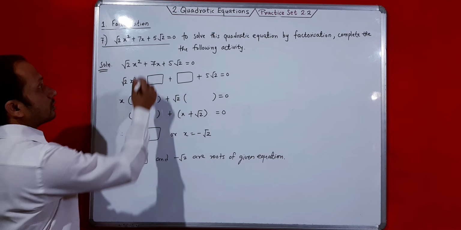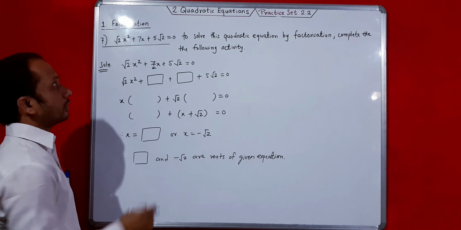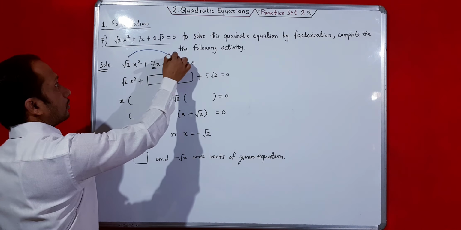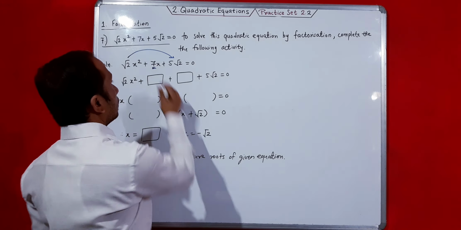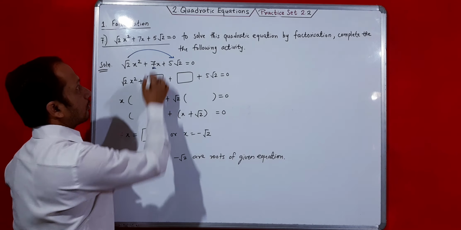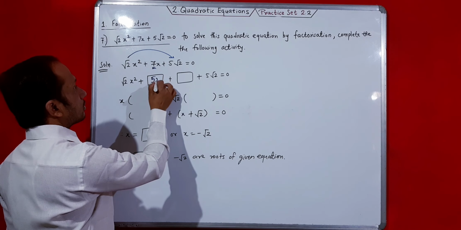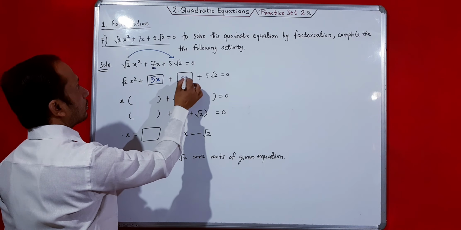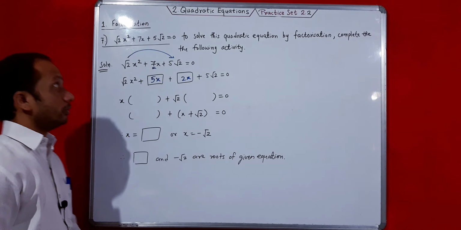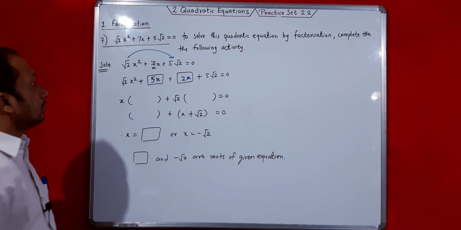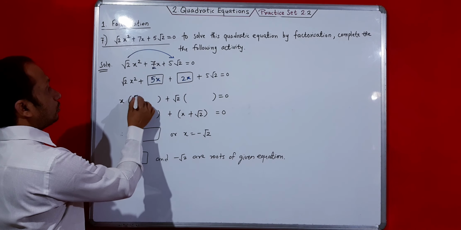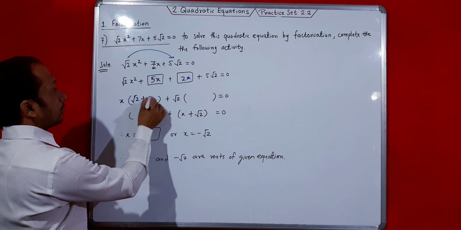So you have to factorize this in such a way that this number is multiplied by this number. So root 2 into root 2 is 2, into 5 it is 10. So the product of this 7 should be 10. So 5x and 2x, you will get product 10. You remember this is multiplied by this. Now you take x out of the bracket. So root 2 plus 5, we'll get here.